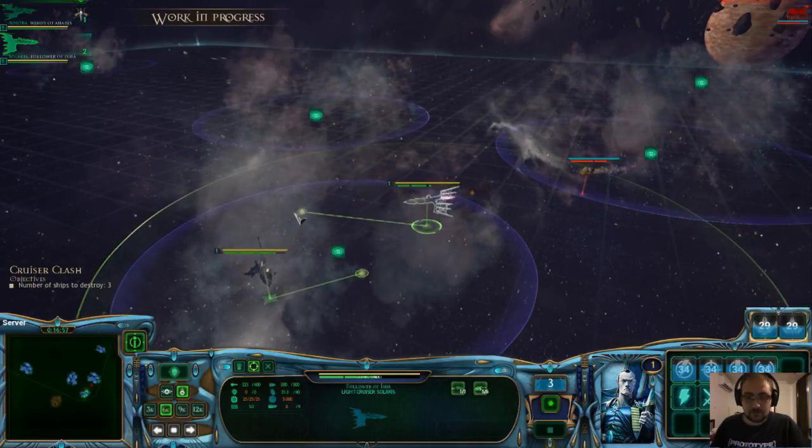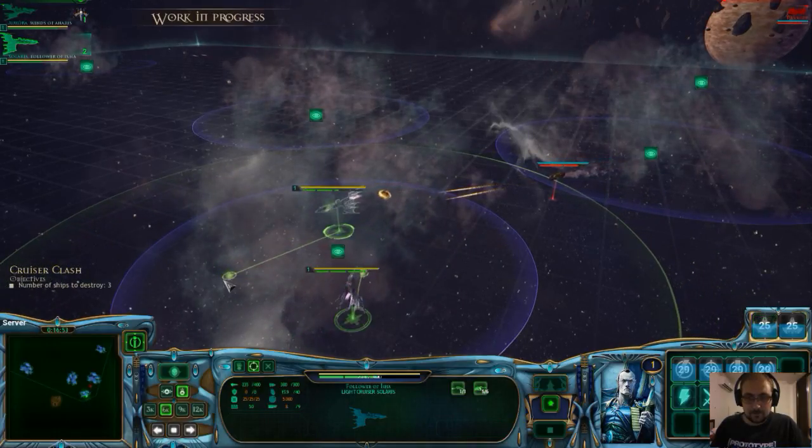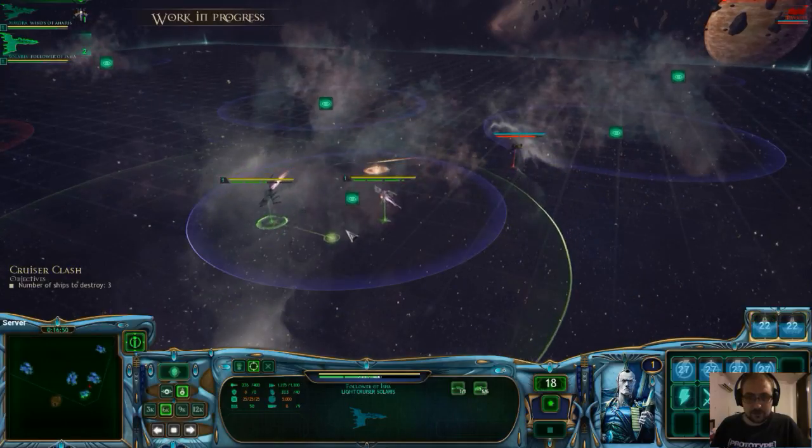Okay, they're really fast. They turn fast, which compensates for their lack of thrusters. Let's get them out of...